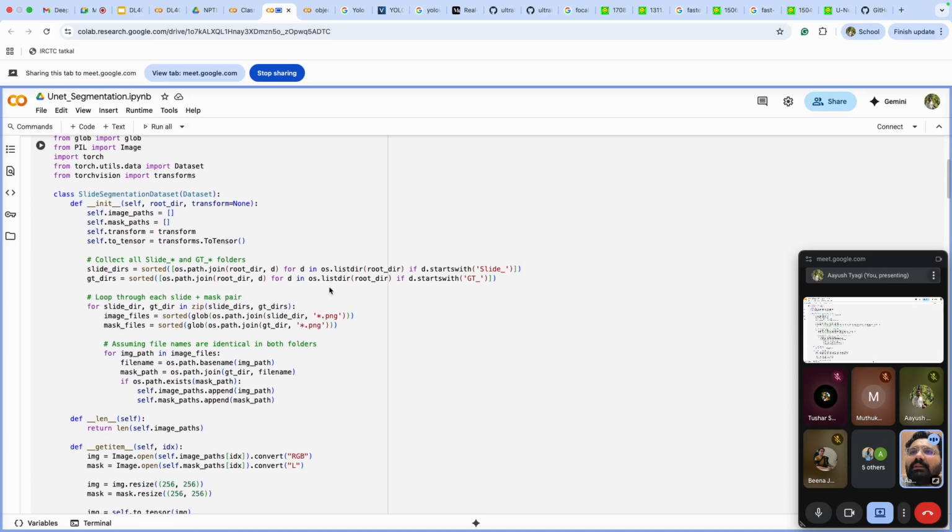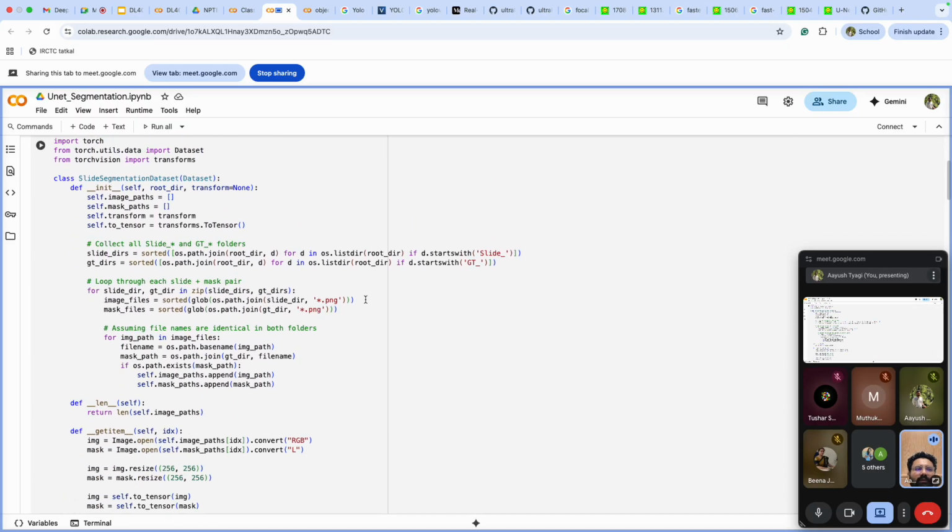Since we have seen that whenever we are building a model, there are three parts which we need to take care of. First one is your data loader: how do you pre-process the data to be fed to your model? Second is your architecture design: are you using a pre-trained architecture, or training from scratch? And the third is your training loop. So first here is